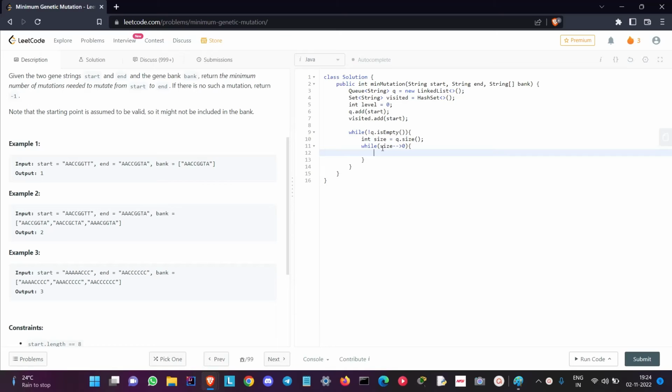So we just run the while loop till the size, and first we will poll the element, and we'll create a character array out of the old string. So we'll go with every possible mutation, right? Before that we'll check whether the old string is equal to the end string or not. If so, we'll return the level, or else